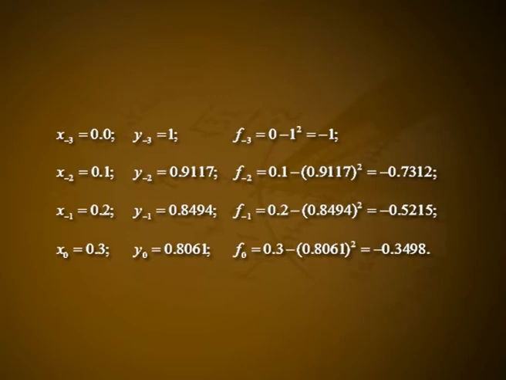x₋₁ = 0.2, y₋₁ = 0.8494, f₋₁ = 0.2 − 0.8494², that is equal to −0.5215; x₀ = 0.3, y₀ = 0.8061, f₀ = 0.3 − 0.8061², that is equal to